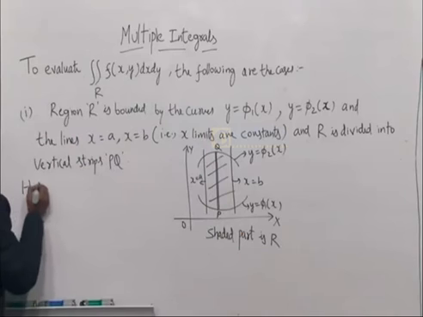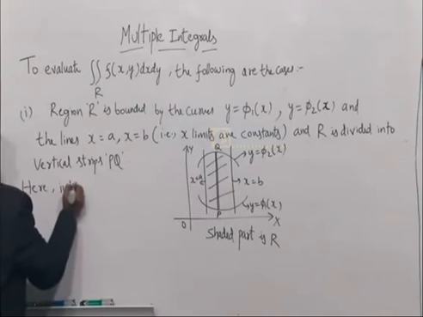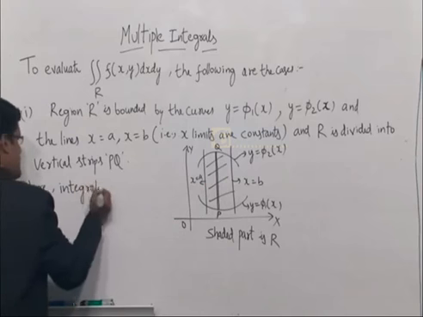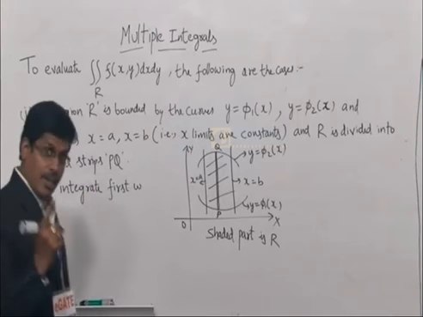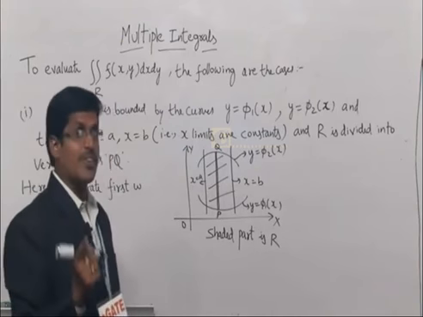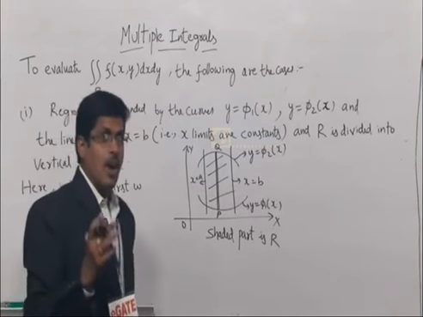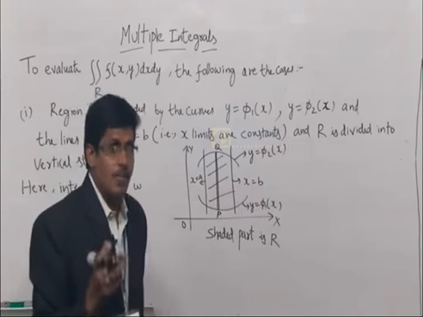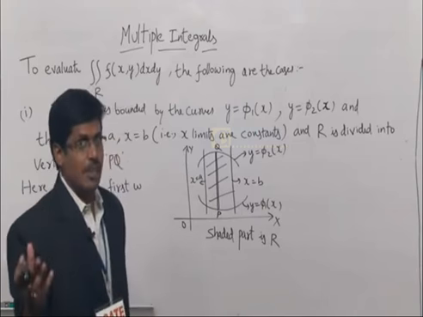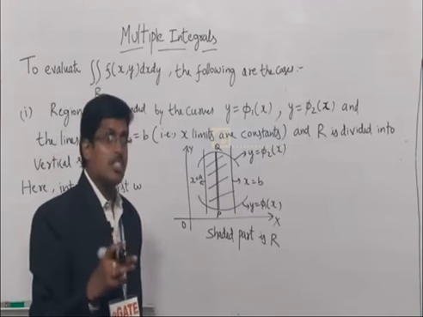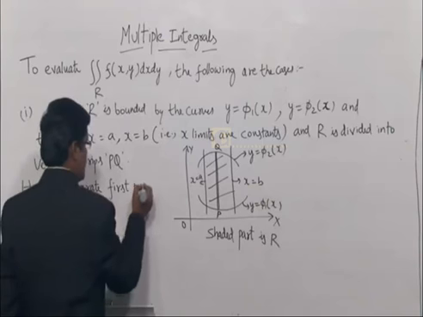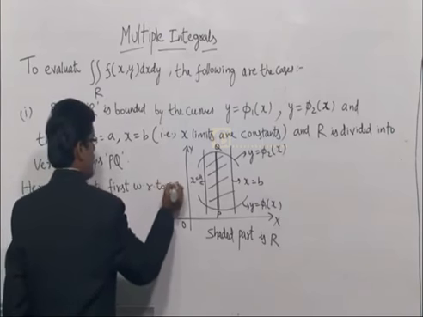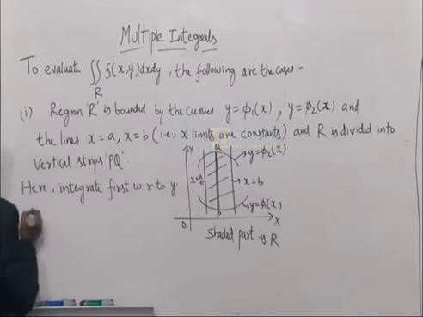Here, integrate first, because this is a definite integral, the final answer should be a number only, not in terms of x and not in terms of y. So that means always integrate first with respect to a variable having the limits in terms of the other variable, and integrate last with respect to a variable having constant limits, constants. First with respect to y, first integrate,